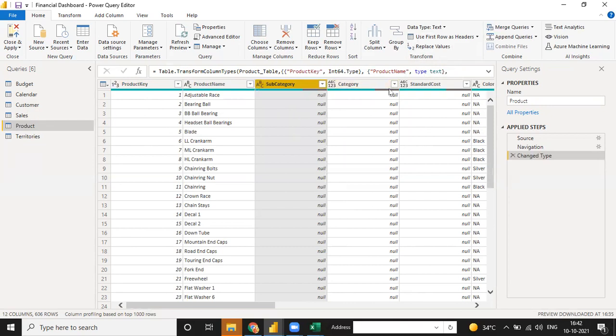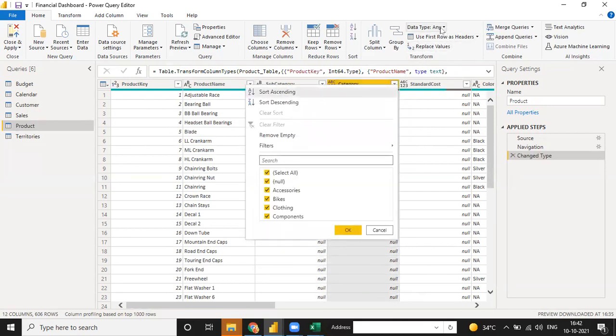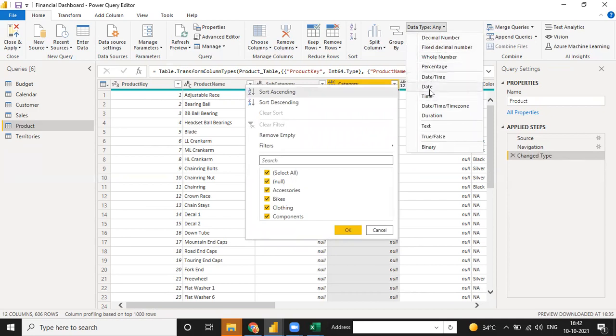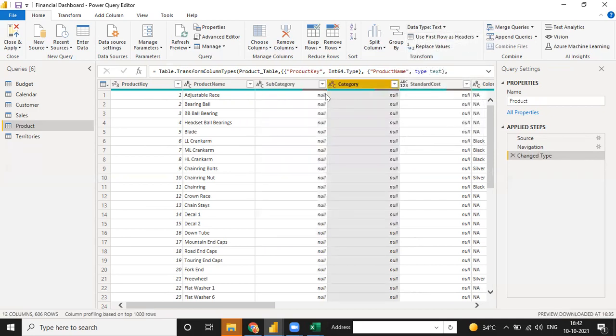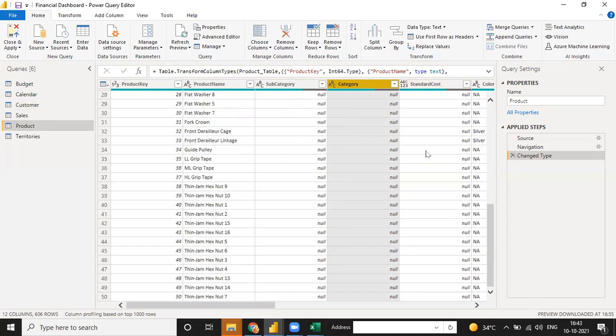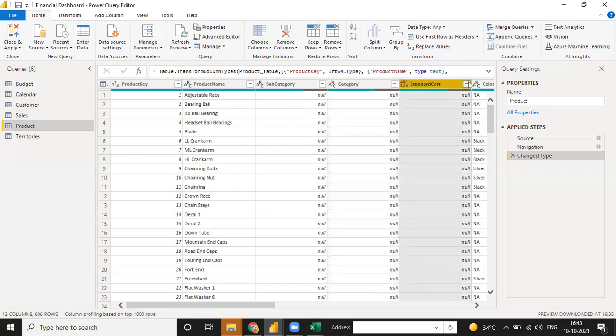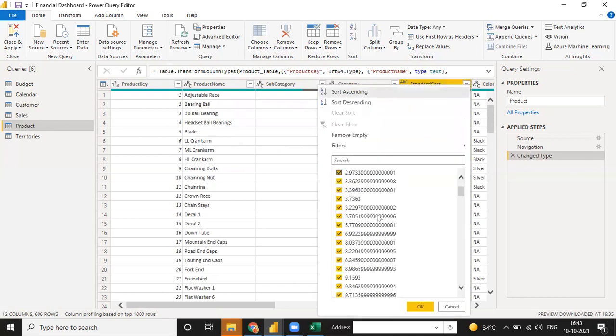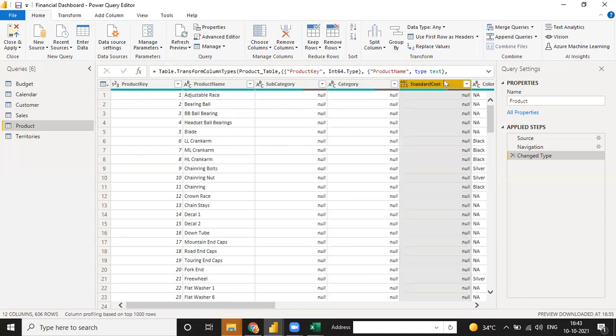Category also the same way. Go to any and text value. And see, in this line some is green and some is black. And see what is the use of this black subcategory. 66% is valid and 34% is empty. Empty means null value. Null means an empty column. Okay, and standard cost. See, cost will always be numerical, I think. You can just click on this and see it is always numerical. So why is it there as text?